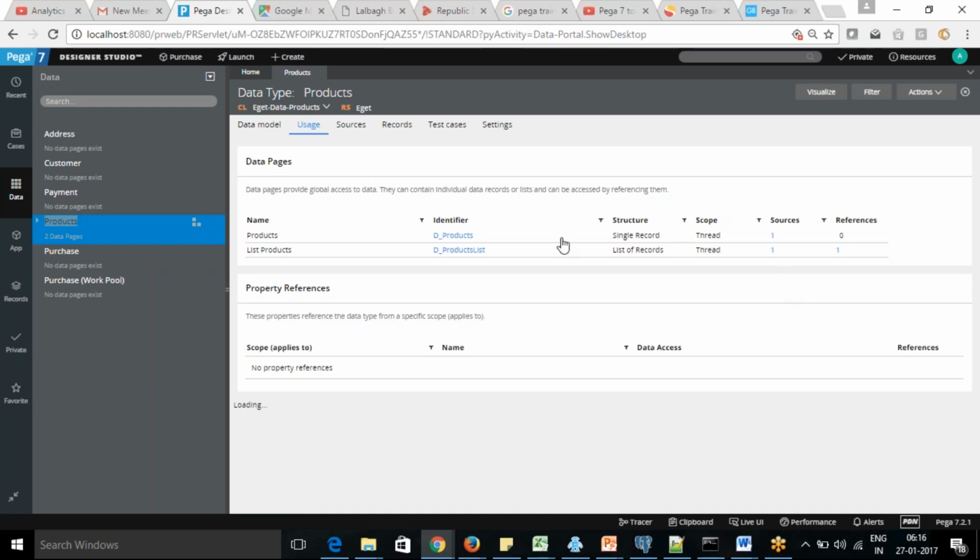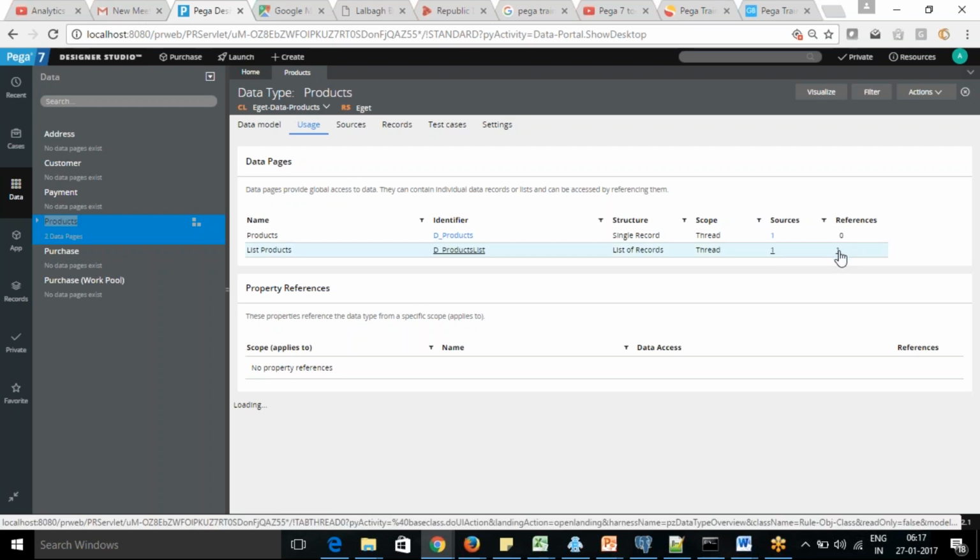You can see there are two data pages, one is the normal individual one, another one is the complete name, and then we have the source defined as 1 and then where it was used. The references will come from where it was used. You can see the list of the names of the sections will come from here.